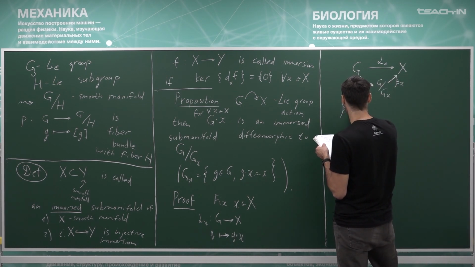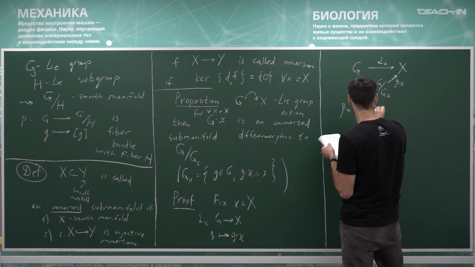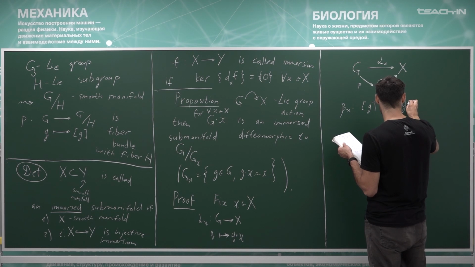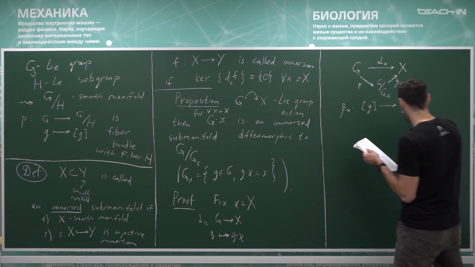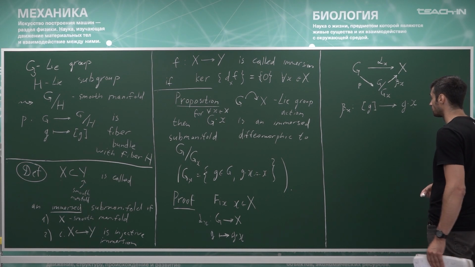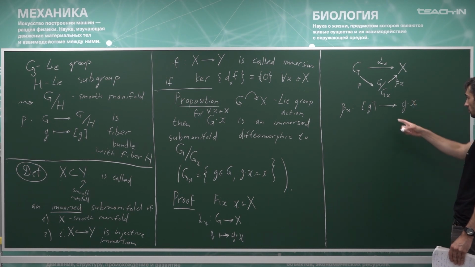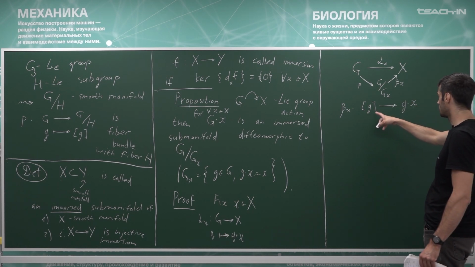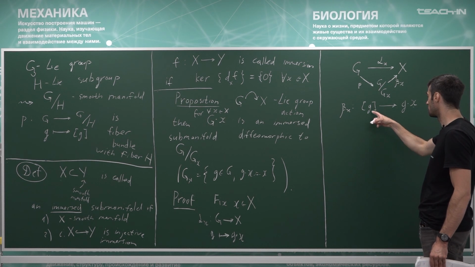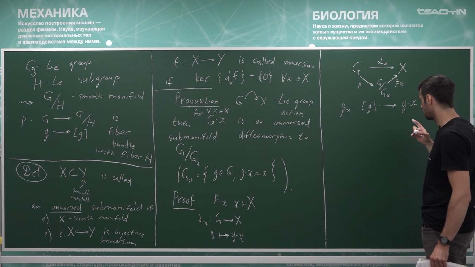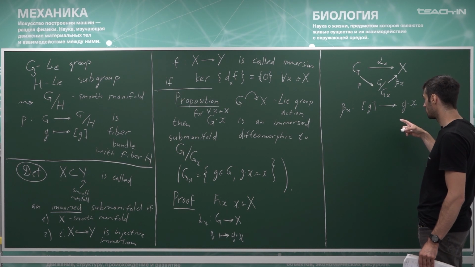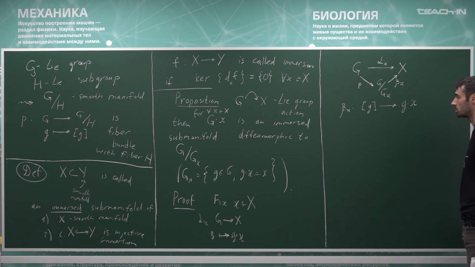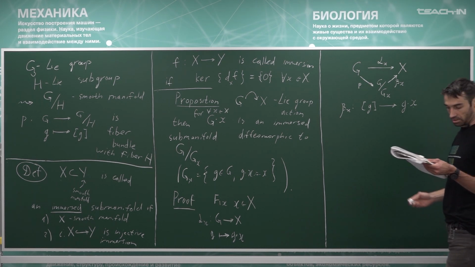which works as follows. Beta x sends the class with representative g to the point in X where x is moved by g. And it is clear that this is well defined. So if we choose a different representative, then it will be the same point, because we take the quotient by the stabilizer of this point x. Okay,